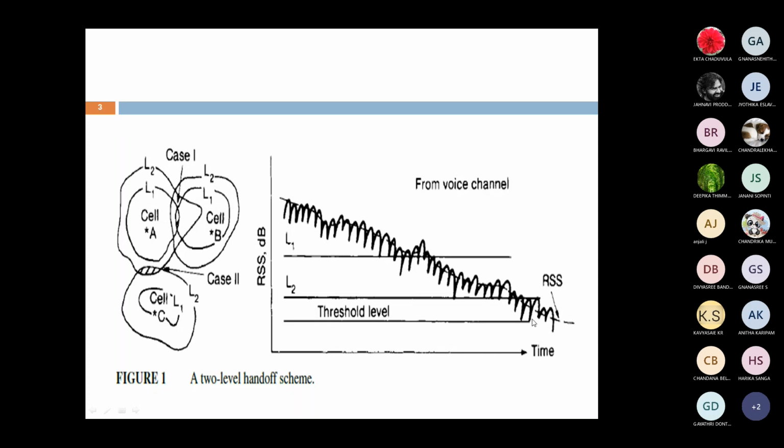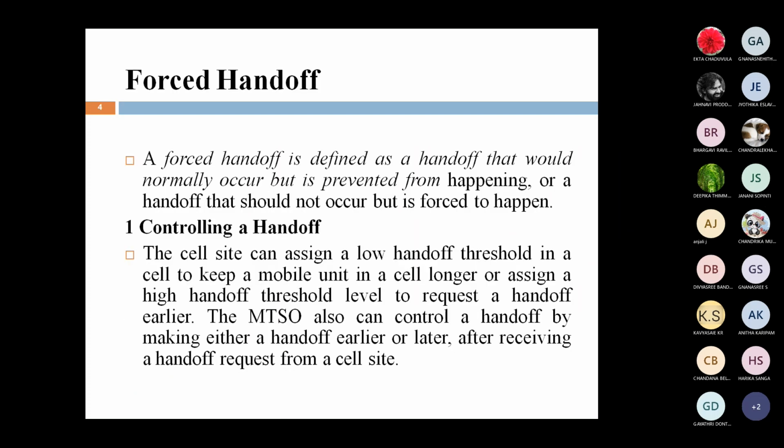Next comes the threshold level. We have already discussed the threshold level for handoff initiation. Once the mobile reaches the threshold level point distance, the voice quality suddenly decreases. Then we allocate a new channel to increase the signal. This is the delaying: instead of allocating the new channel at the L1 place, we allocate it at the threshold level. That's why it is called delay handoff. This is the first type of handoff technique, that is, delaying handoff.